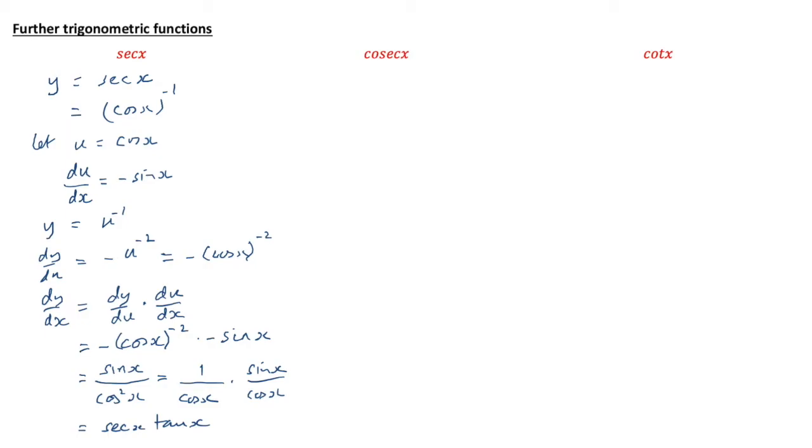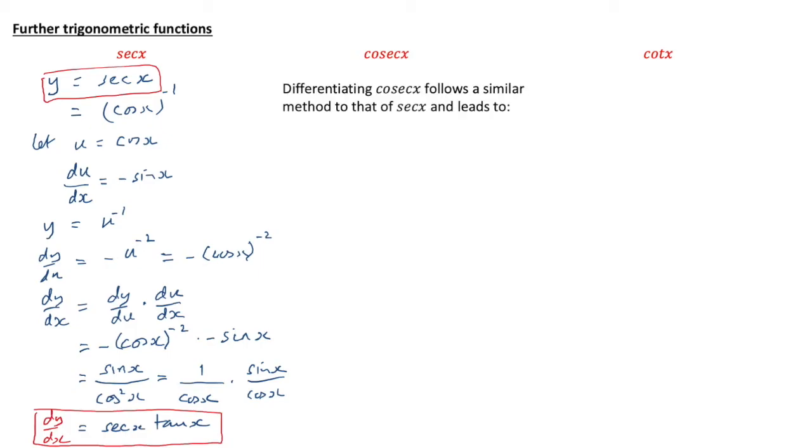And you can see with that faffing about there are different ways we could write this, but that's a neat way and a sort of standard way of writing it. So in summary, if y is equal to sec x, then dy by dx is equal to sec x tan x. So moving on to cosec x, differentiating cosec x follows a similar method, pretty much the same method to that of sec x,